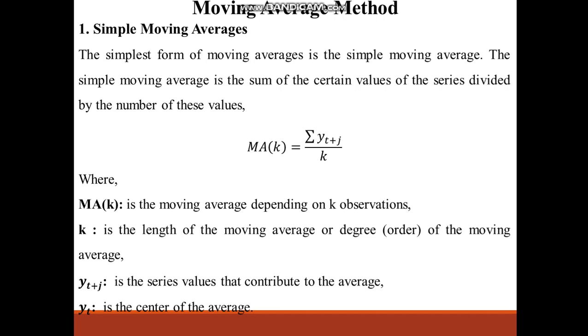The simple moving average is the sum of certain values of the series divided by the number of these values, which is moving average K, or MAK, equal to the summation of Yt plus j over K, where MAK is the moving average depending on K observations. K is the length of the moving average or degree or